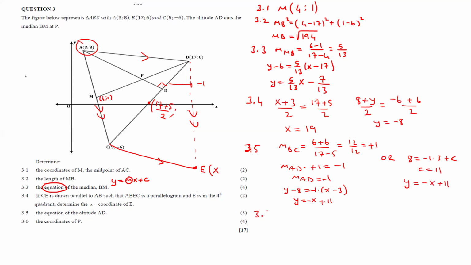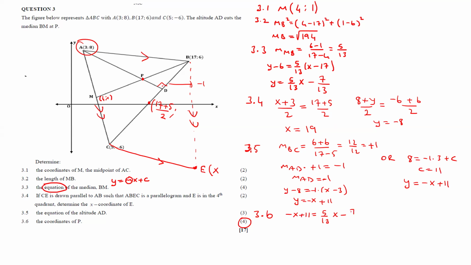Now 3.6, the coordinates of P. The coordinates of P, as you can see, it's 4 marks. So P is here, the intersection point of MB and AD. So we just found out the equation of AD was negative x plus 11, and the equation of MB we found in the previous question, in 3.3. It was 5 over 13 x minus